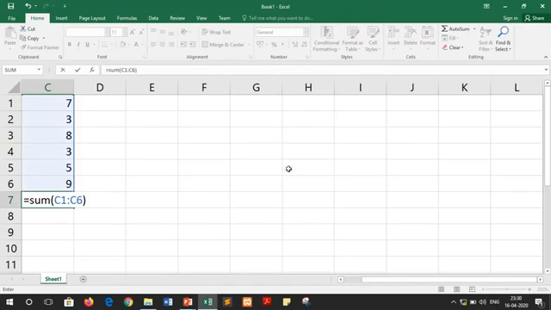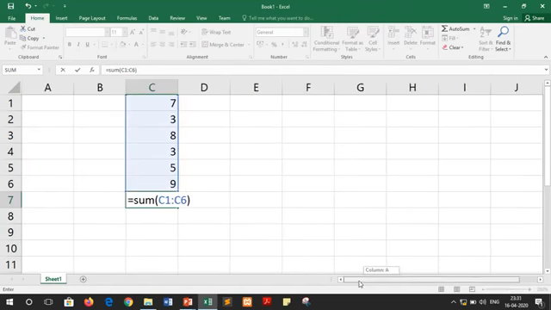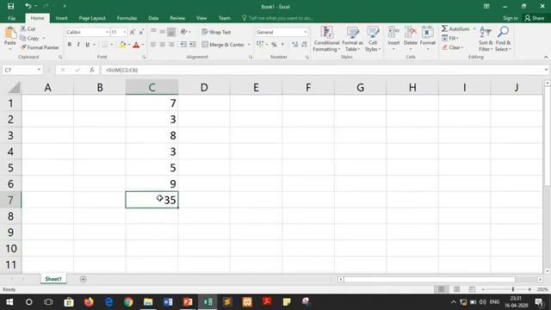Fine. We are writing C just because right now I am working with column C. So in this place you have to pass your cell range or the cell reference in which your values are given. So if I write this much and press the enter key, the result will be 35. The sum of all these numbers is 35.